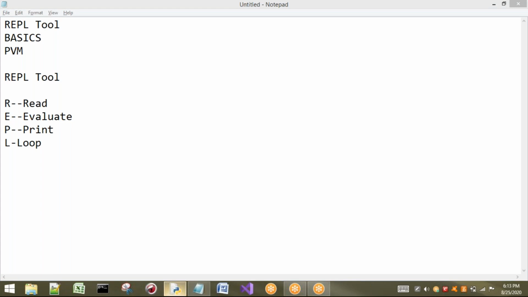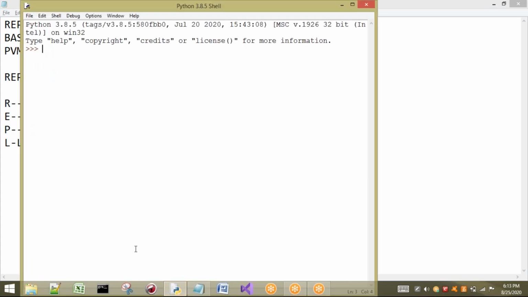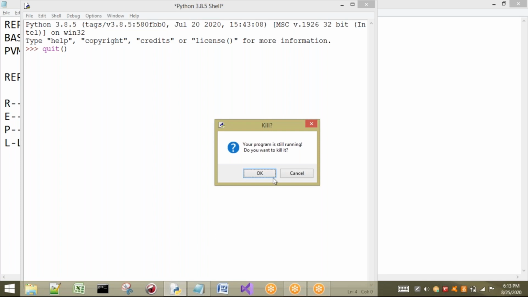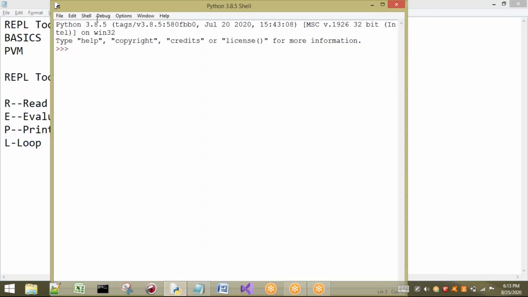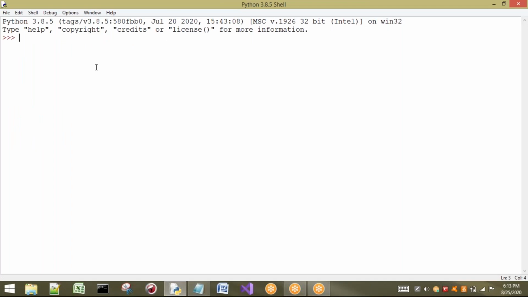Next, one more function we have: quit. Same, again it is going to ask to kill it. So three things are there. One is exit, next one is quit, and third one is the shortcut Control D. By using these three, we can quit the Python interactive shell.